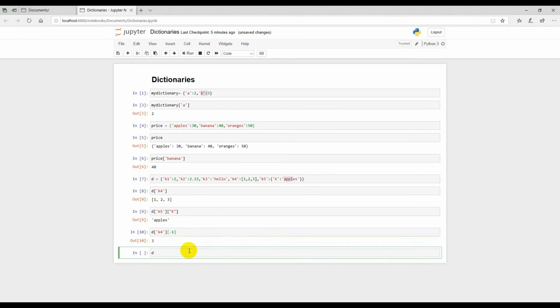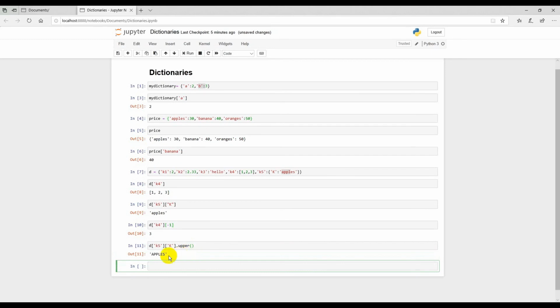So first I need the variable name, that is d, and then the key k5, and then the sub key k. Now we got the string value, and I want to change this to uppercase, so I'll say .upper. So this returns apples in uppercase letters.